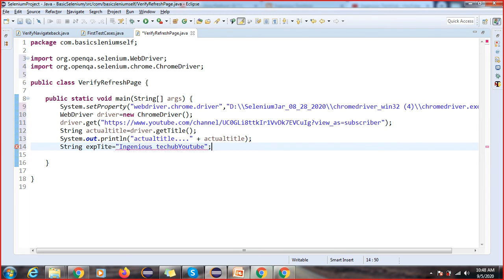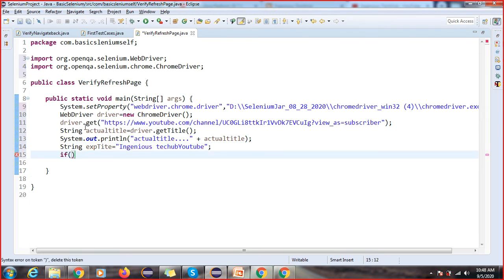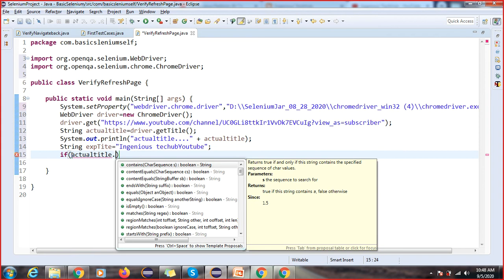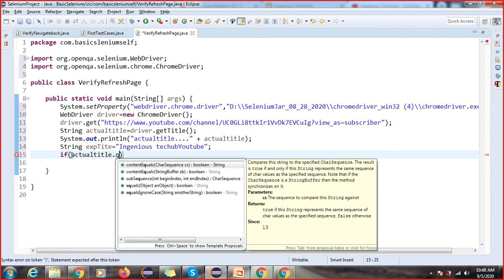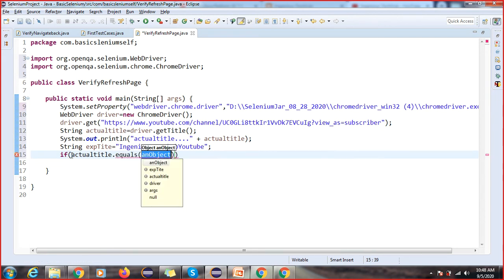Okay, so now again I will use an if condition for validating this, matching this value, whether it is going to match or not. So I will use the equals method, and this is my expected title.